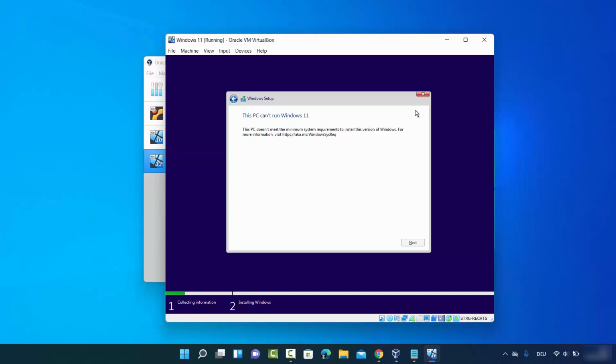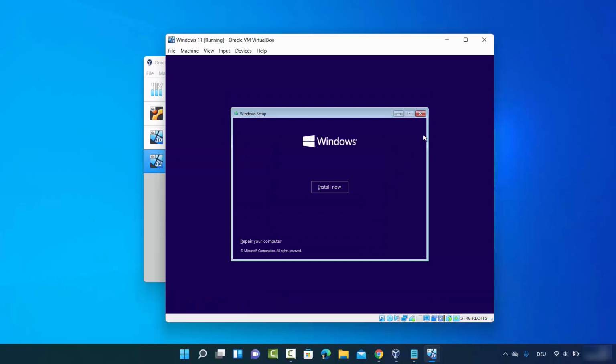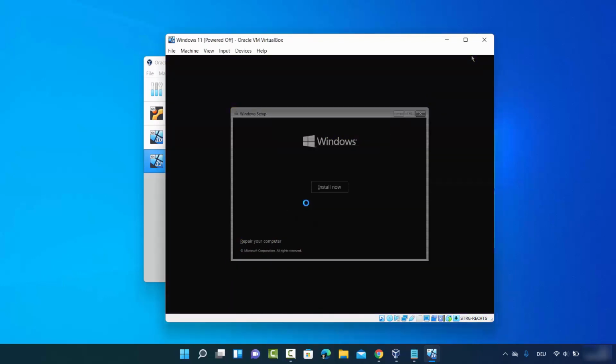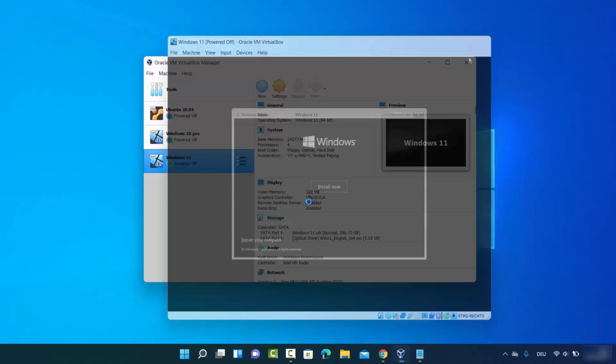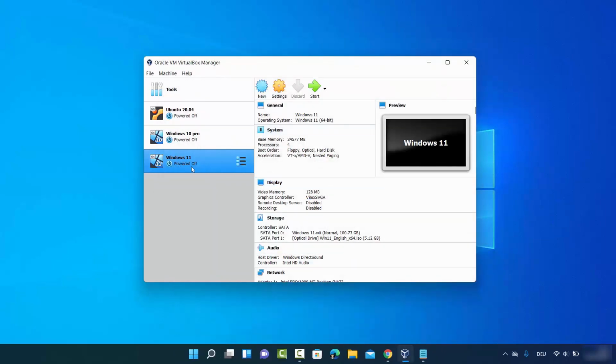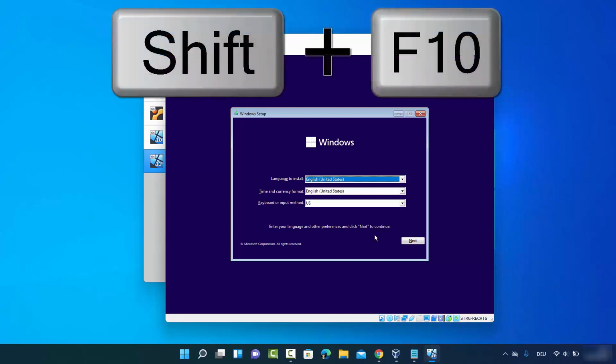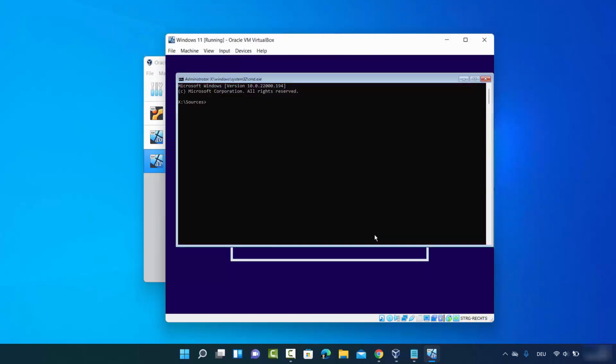For fixing this problem, you just need to close this window and then click on yes. And then you can once again close this window and then click on power off the machine. Once you click on the power off the machine option, you just need to select this Windows 11 once again and then click on start once again. Now once you see this window in your VirtualBox when you install Windows 11, at this point you need to press Shift F10 key. Just press Shift and the F10 key together, which is going to open this